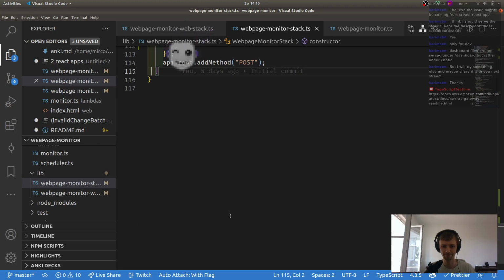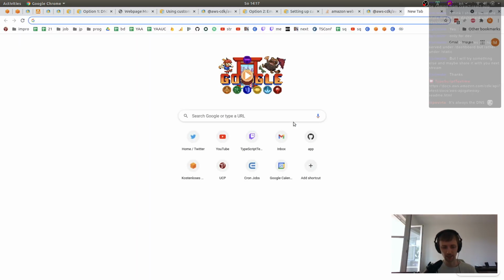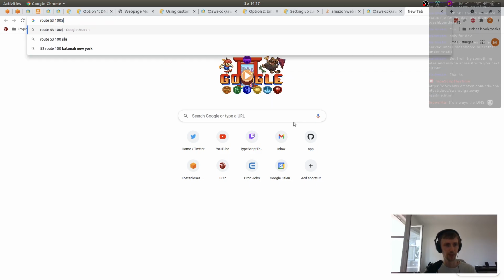Yep. Not ideal, but yeah. It's always the DNS. One thing in one of my previous companies, we had a lot of issues with our DNS that the records could not be resolved. And one thing that I was very surprised to learn yesterday is Route 53 has actually 100%. So once you have the setup done,